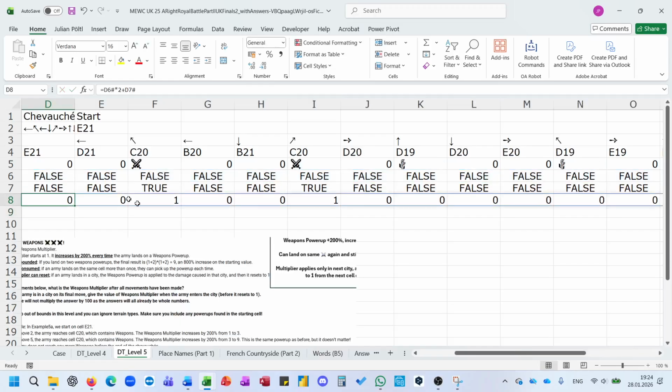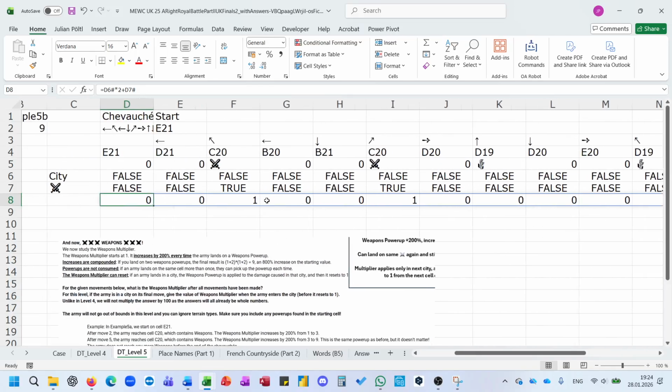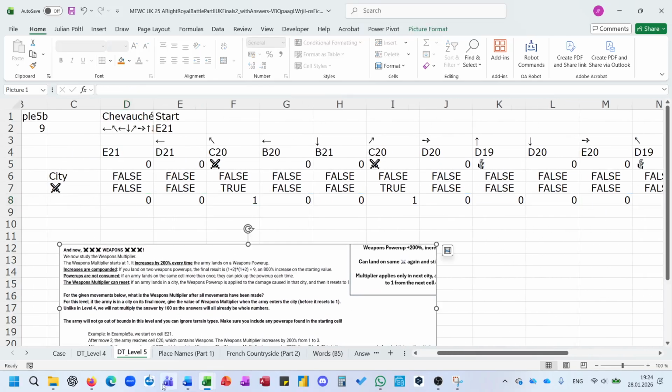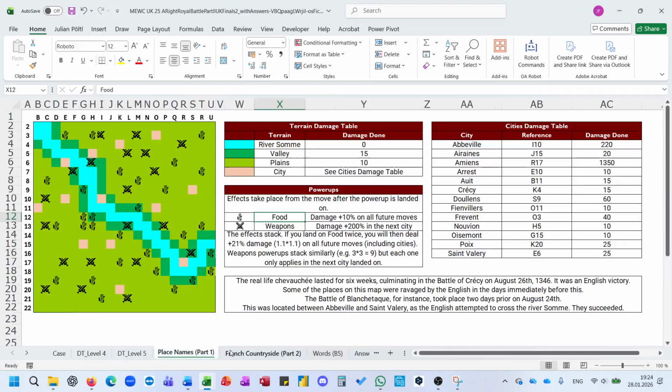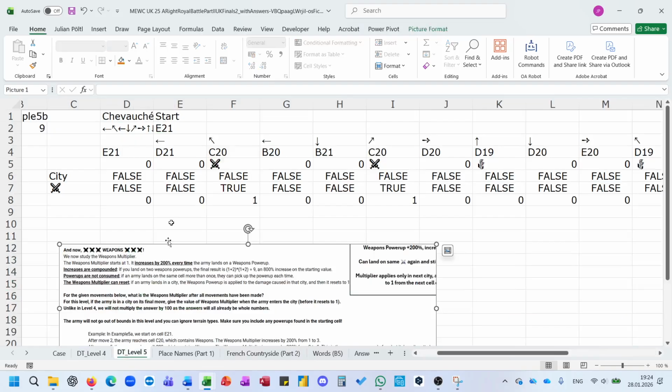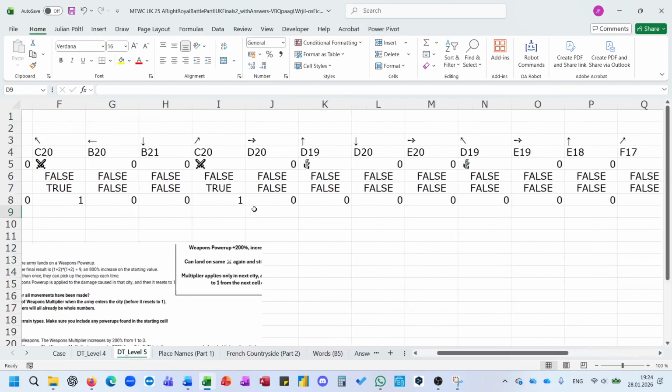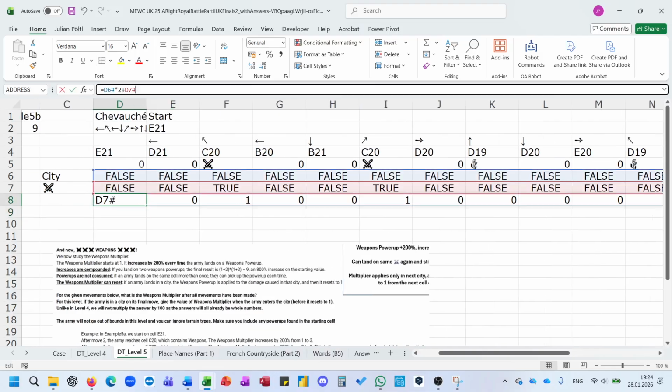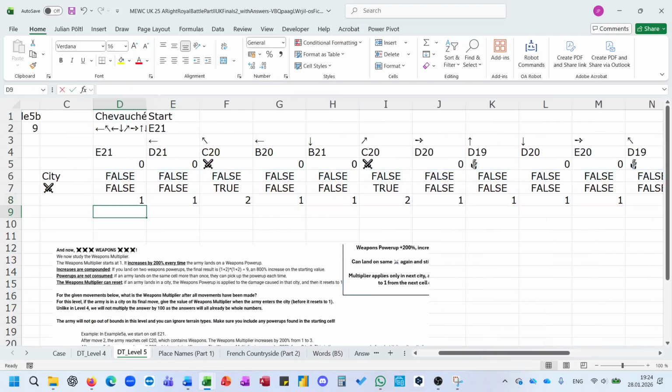And then we have 1, 0, 2, and 3 is not possible, because there is no power up in the city, I assume. In the city direct. So we have 0, 1, and 2 plus 1, so we can use choose and then